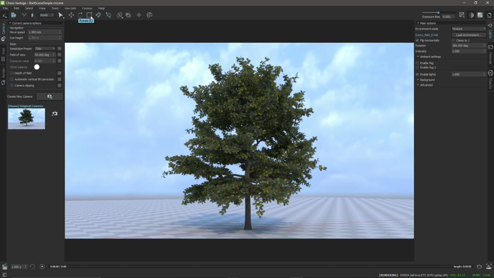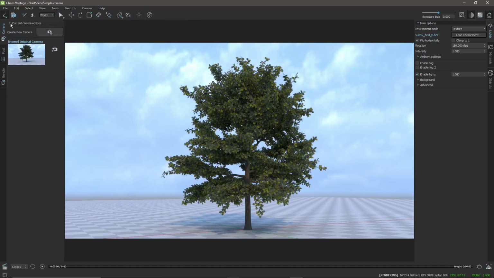Now you can see here we have few tools. We have some transformation tools like move, rotate, and scale, and we can orbit. We can open Chaos Cosmos also from here. So you have just a toolbar, which is pretty simple. And then we have these left panels here for the camera to manage the camera, for the post-production effects, and for the render elements or render settings. So it's really, really simple. And down there we have a timeline. We can play animations, and even